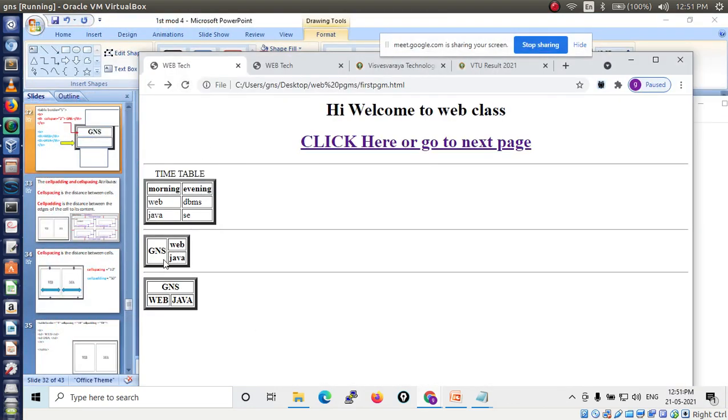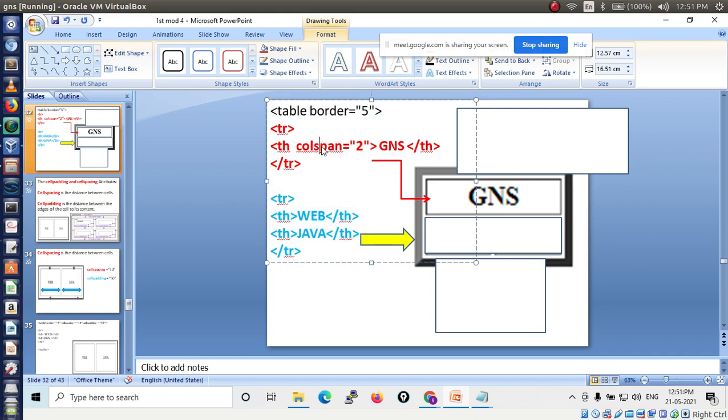See, this one is row span, this one is column span. Are you seeing this result? At least reply to this, say yes or no. Okay, so this is column span and this one is row span. Use keywords like this: if it is row span, ROWSPAN. If it is column, see here you have to use COLSPAN.